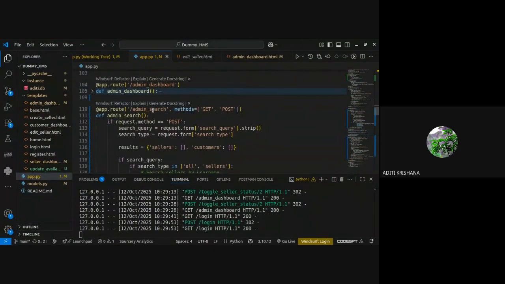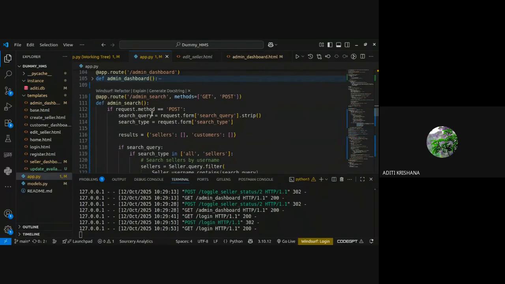Okay. So I have given two routes in my application as well. Like the next route I can create as customer search, in which customer can search for sellers. So it will be very similar to that. So I guess you can copy and paste your code and just make a little bit of changes wherever required and make it work. So let me first tell how this search functionality is working. I have made the search bar inside my HTML page that I will show you later. First, let's go with the logic of the search functionality.